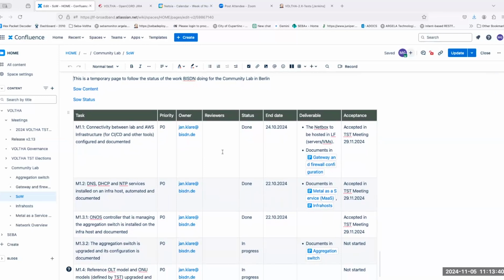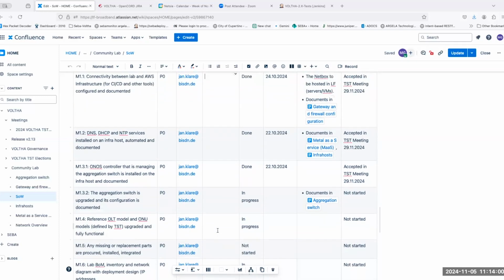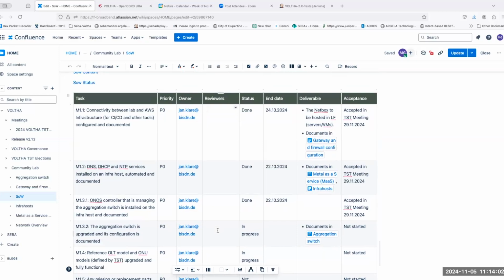Is there any objection from TST members about that? So, anyone volunteer for any of these roles, or do you want me to put random names onto all these items? You can add me for 1.1, 1.2.